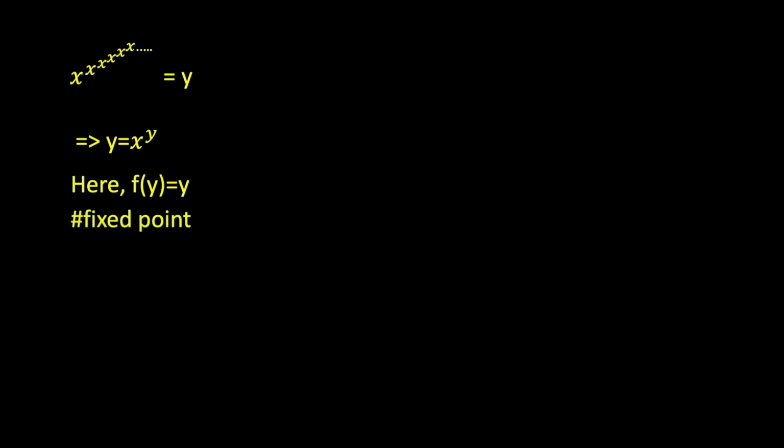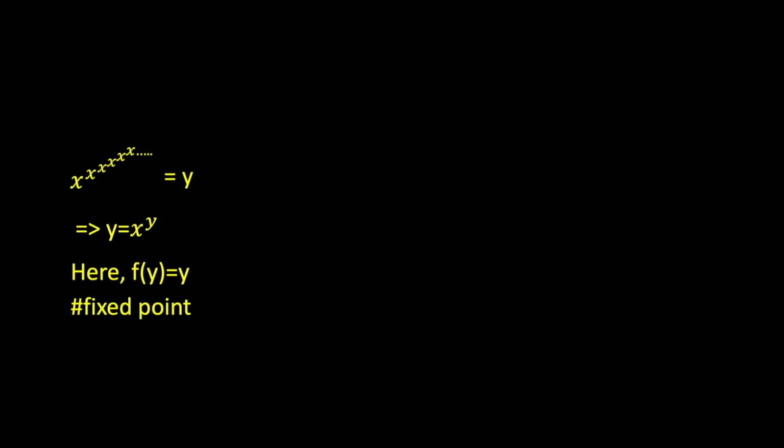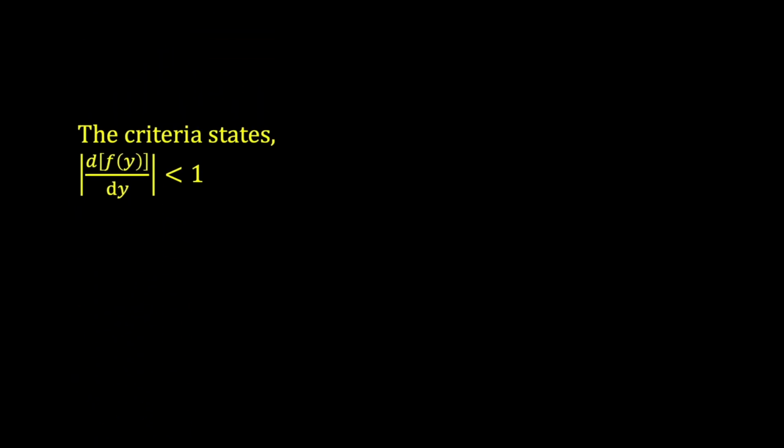E can come up randomly. Let's see this infinite power tower for an example. Here, we're trying to find when it converges. Through algebraic manipulation, we get that f of y is equal to y, which is the concept of a fixed point. To fixed point convergence criteria, we know that the absolute value of the derivative of the function should be